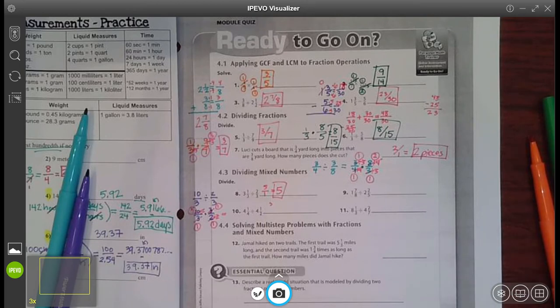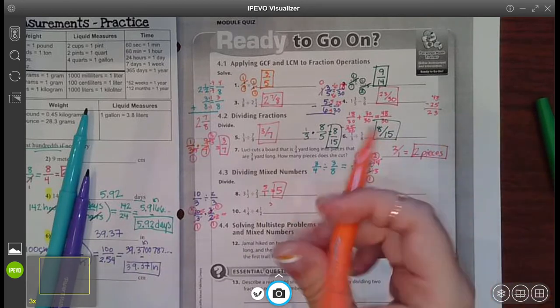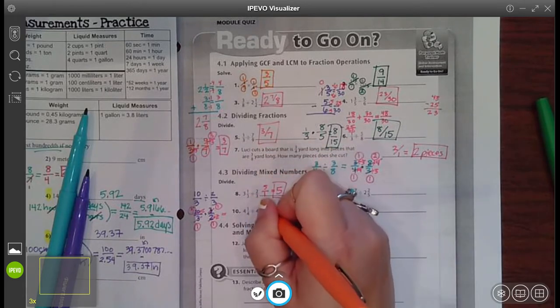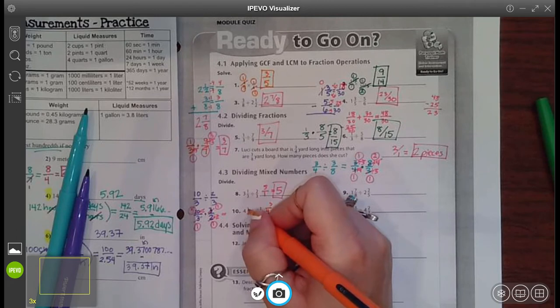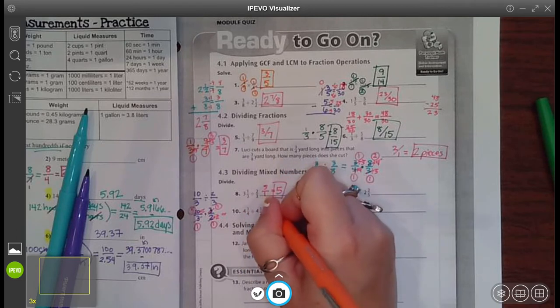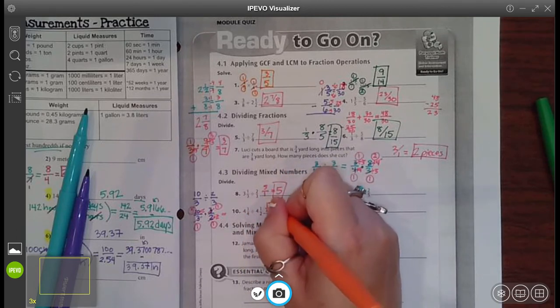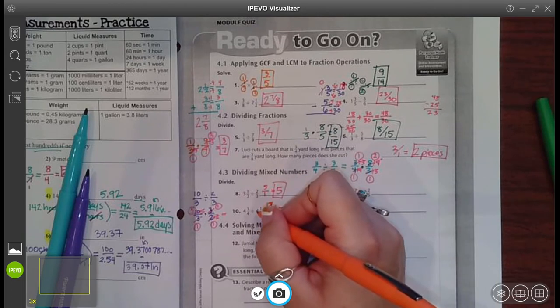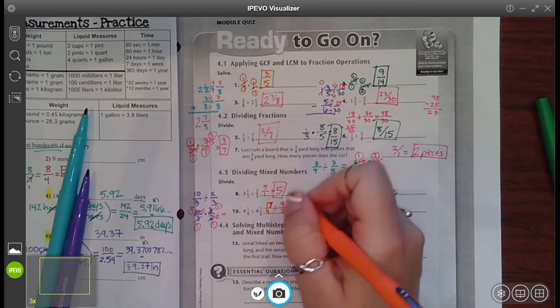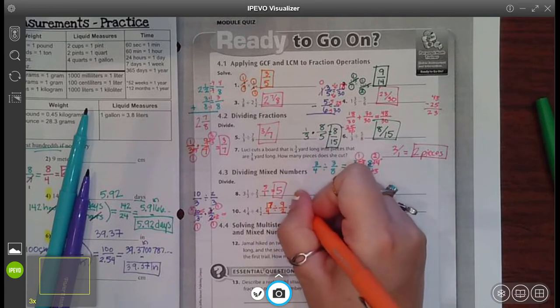Okay, let's go ahead and try the next one. Running out of space here, so let's just write it directly on here. So that stays a 4. 4 times 4 is 16 plus 1 is 17. Okay, divided by, that's a 2. 2 times 4 is 8. 8 plus 1 is 9. Okay, and then we keep